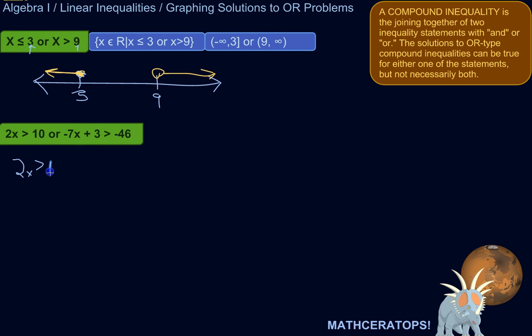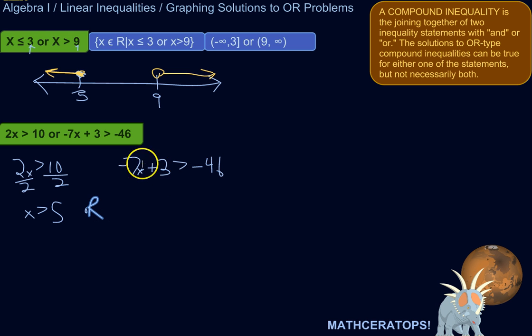So we'll just do each of these inequalities separately. Okay, so I need to isolate the variable. I need to get x by itself, so it's being multiplied by 2, so I'm going to divide both sides of the equation by 2. So I've got x is greater than 5, or